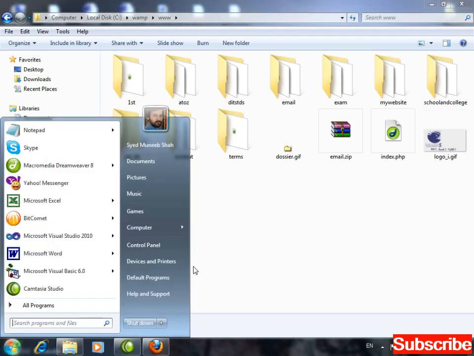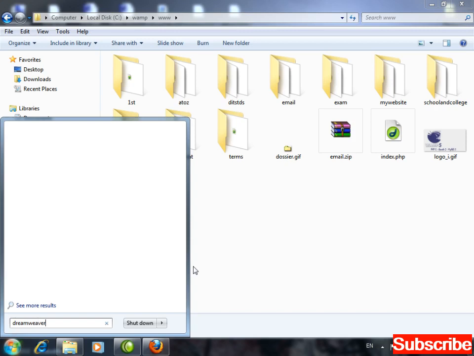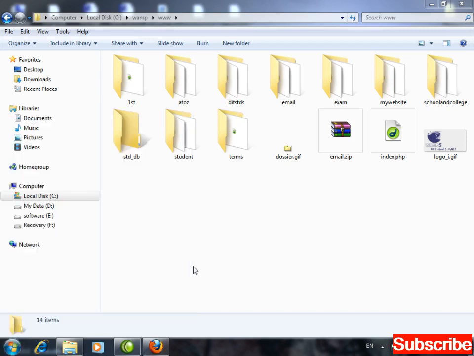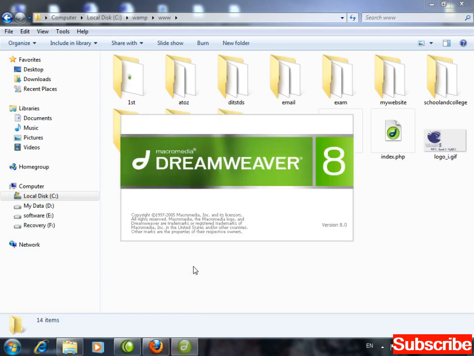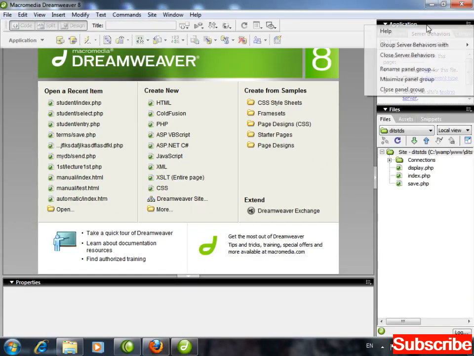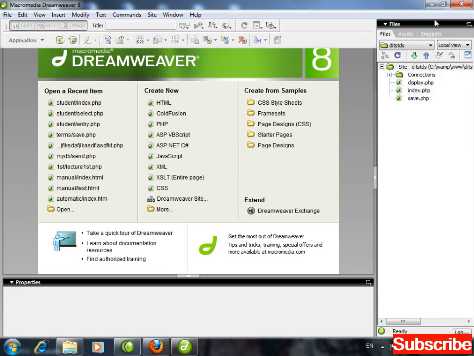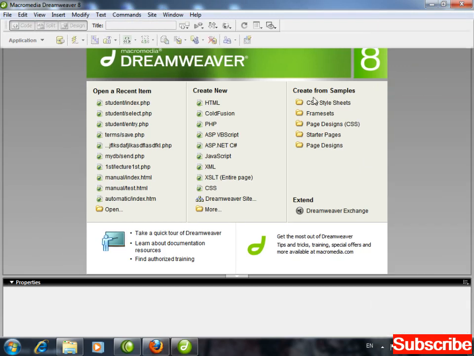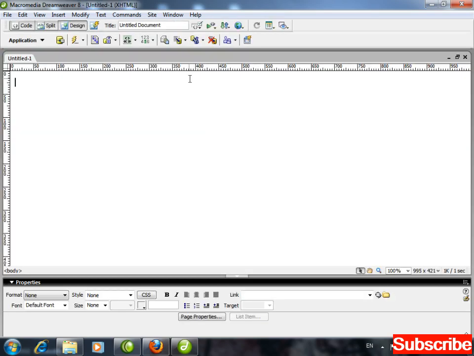Okay. Now open Dreamweaver. Close these groups. Right click, close. Now from here PHP selected.